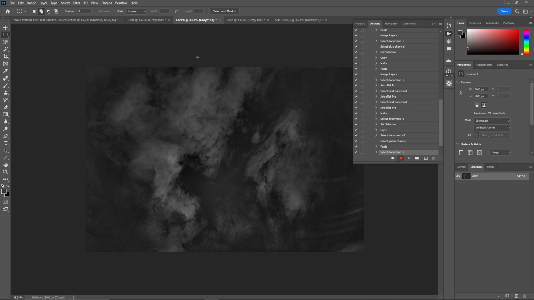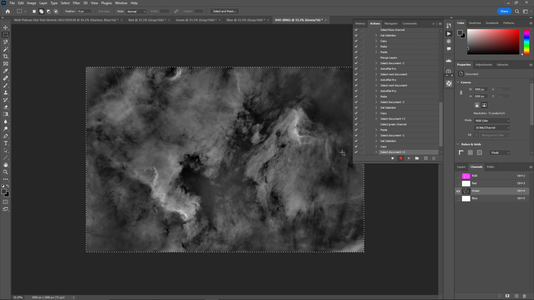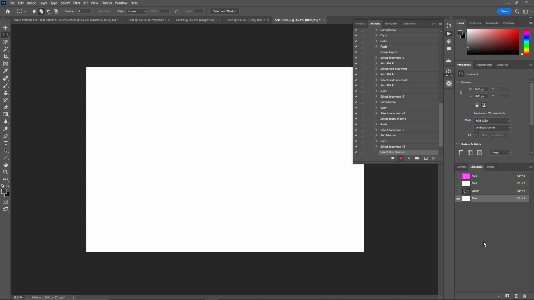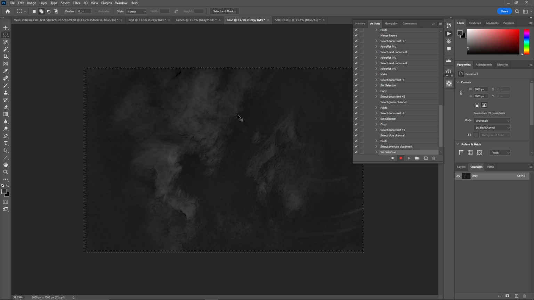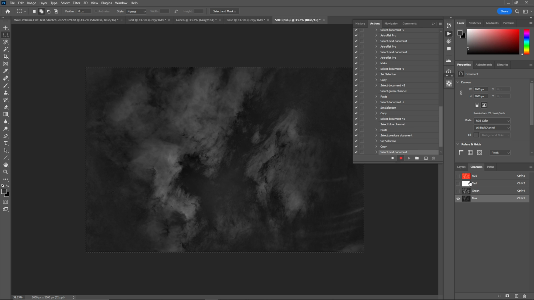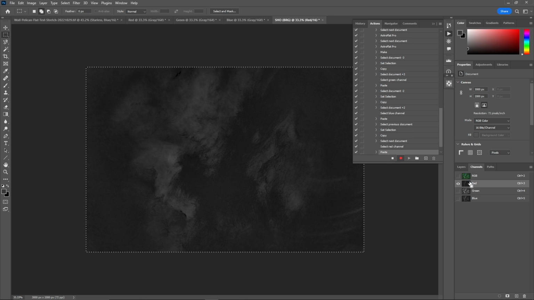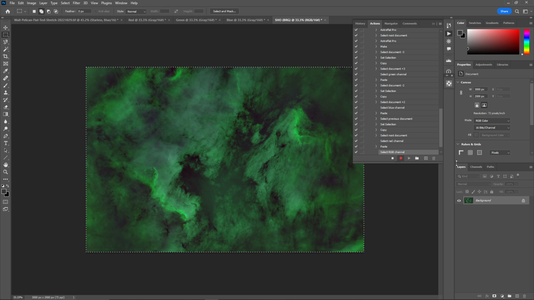Now I want to grab the green channel, Control A and Control C. I'm going back to my SHO channel, select the blue channel because the green is going in the blue, select Control V, go to the blue channel, Control A, Control C, go to SHO, red channel, Control V. Now select the RGB at the top, go to layers, and you can see we have the beginnings